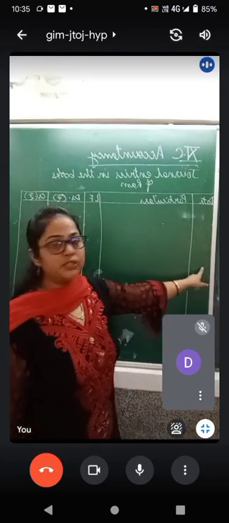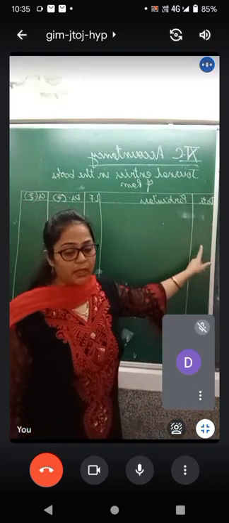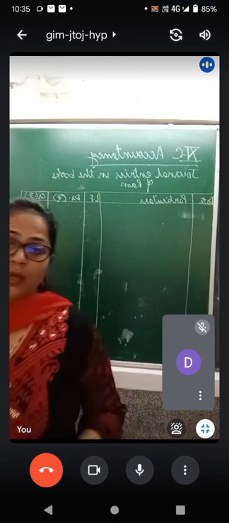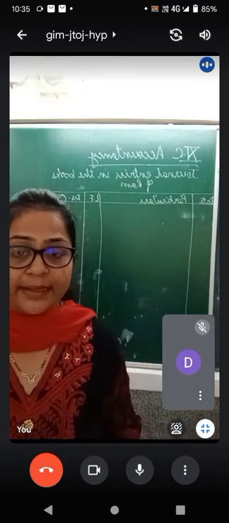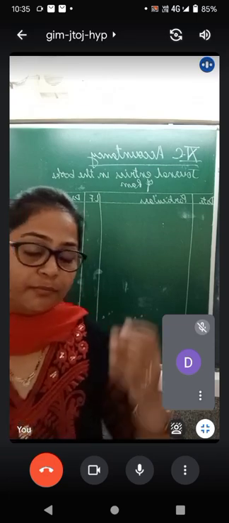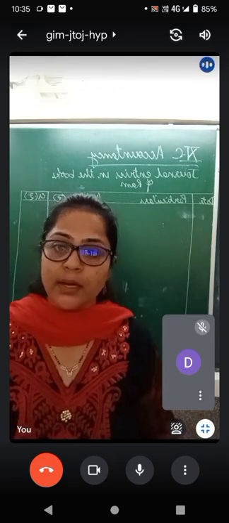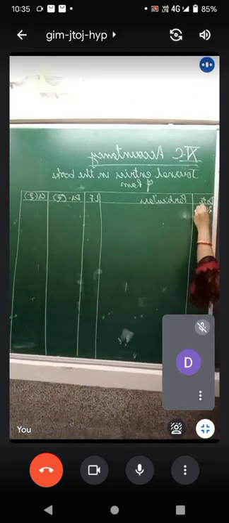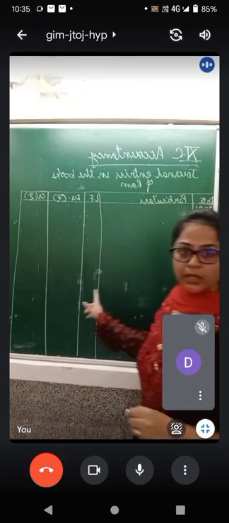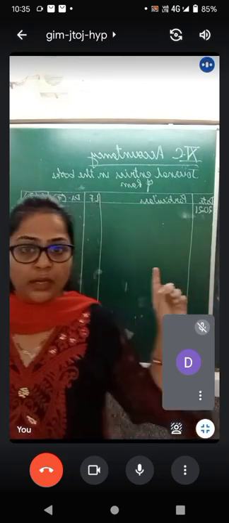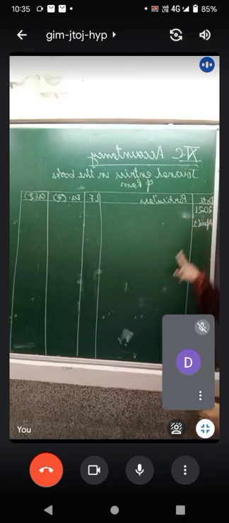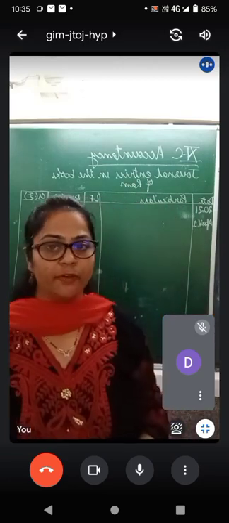So the first column, as you see here, is the date column. Here we will write, suppose for example, in the first question, all the journal entries belong to 1st to 31st April month of 2021. So in the first column you will write date and below it just once you will mention the year. Just once you are going to mention the year, and then as for the dates are there, for example 1st April, so April 1, and then so on. So the first column is the date column. Please make a thin column for date.